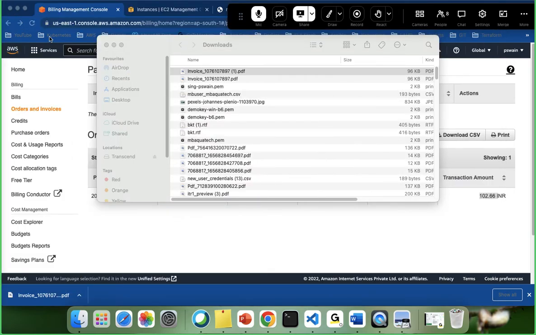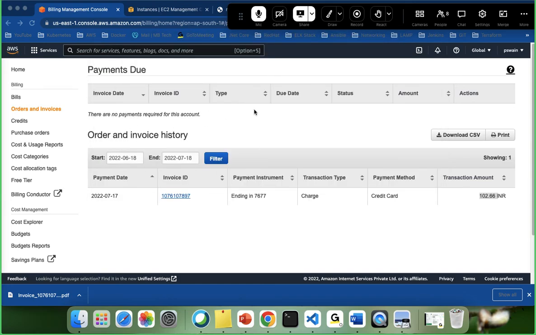If you are not monitoring your email address, just check your billing, check that your payment dues are here, and you have to pay them. If you don't pay, they'll